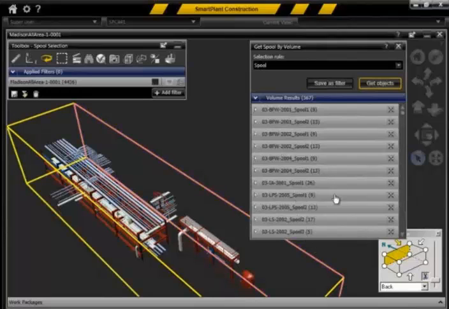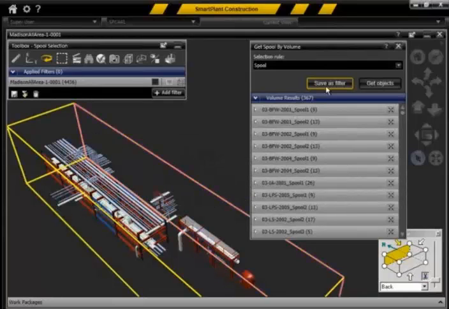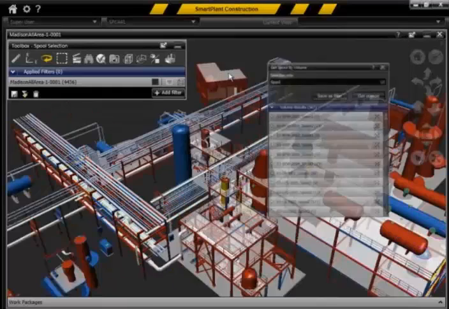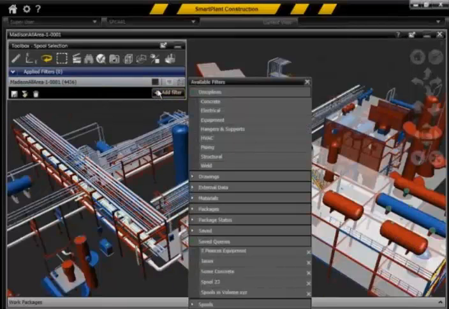Now at that time, if you do that, you can save that as a filter, interactive, and have that preserved. We call it spools in volume XYZ, and save that to a filter, and then when you're back in the model later on, you can come back and you'll see that available